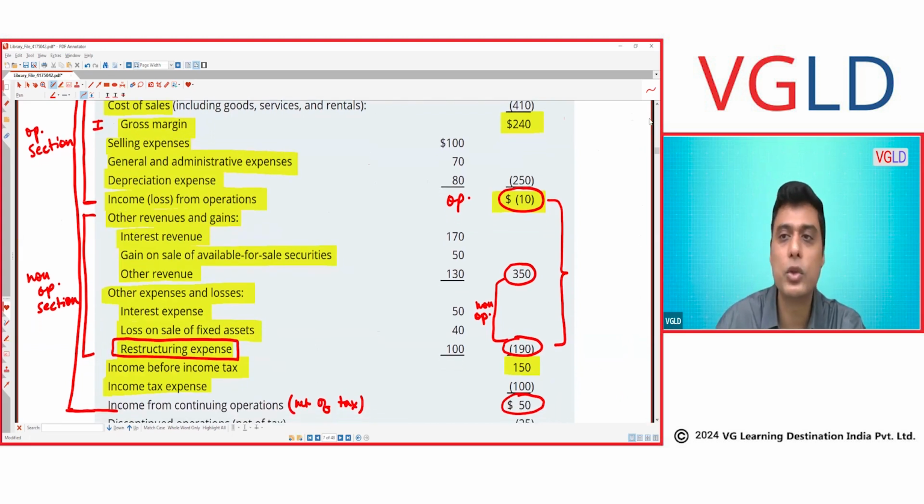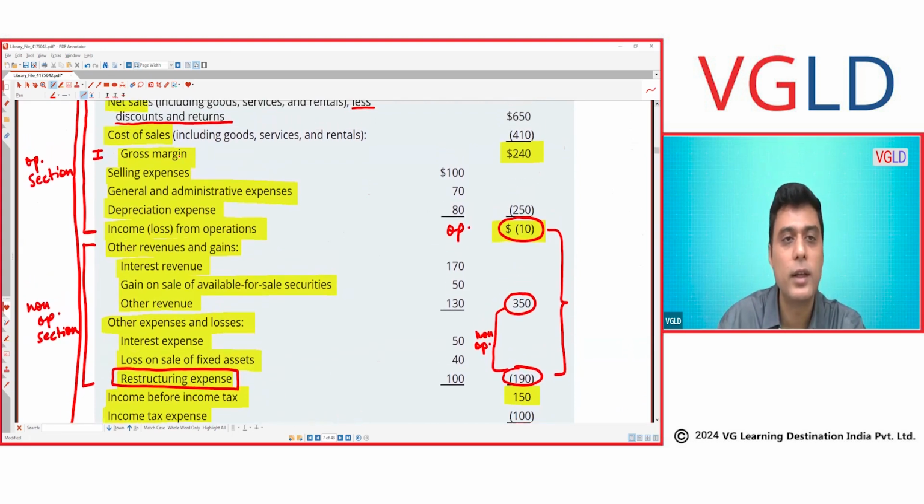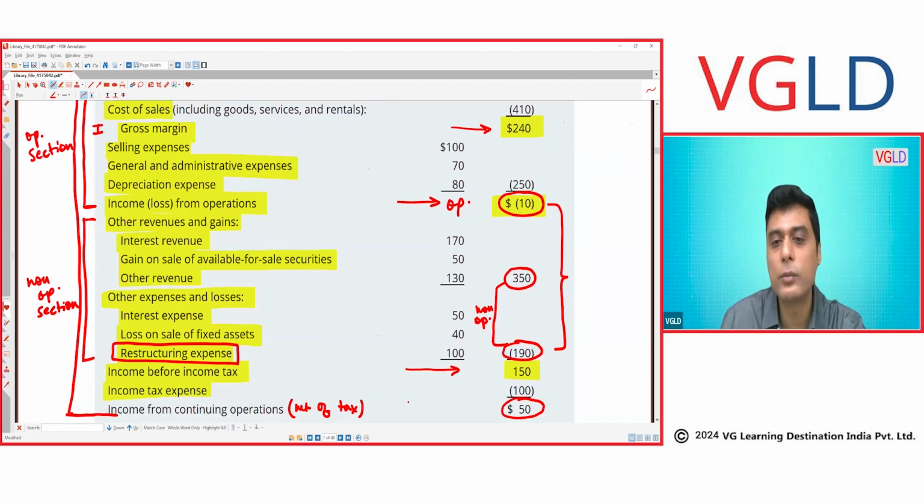And here also, you are breaking it at 3 or 4 places. First, you are breaking it at the gross margin. Net sales minus cost of sales is gross margin, so you are breaking it here at once. Then you are breaking it here, income or loss from operations, and then here, income before income tax, and then finally income from continuing operations, and then of course discontinued and net income. So you are breaking the income statement at 3 or 4 places. Why I'm using the word breaking